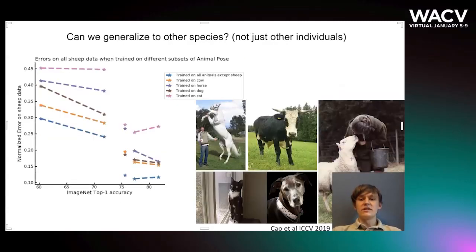In addition to Horse C, we wanted to evaluate our findings on animal pose, which is a dataset that consists of 5 different species of animals. We trained our models on a single species and then evaluated how those same models performed on the other species that were not seen during training. Here, it was clear that once again, if you use model backbones that perform better on ImageNet, you'll get better performance on unseen data.